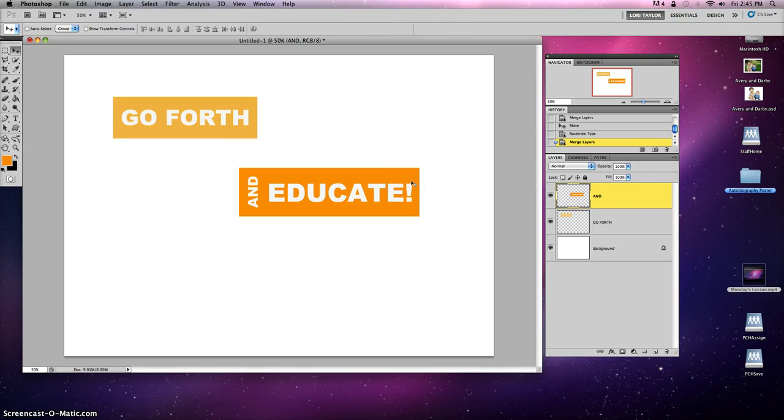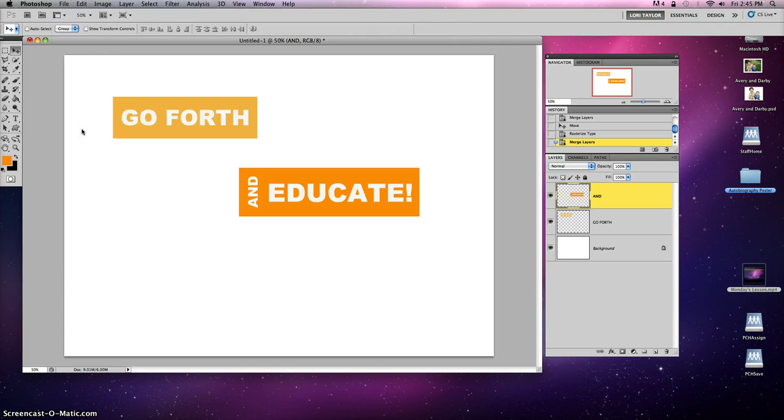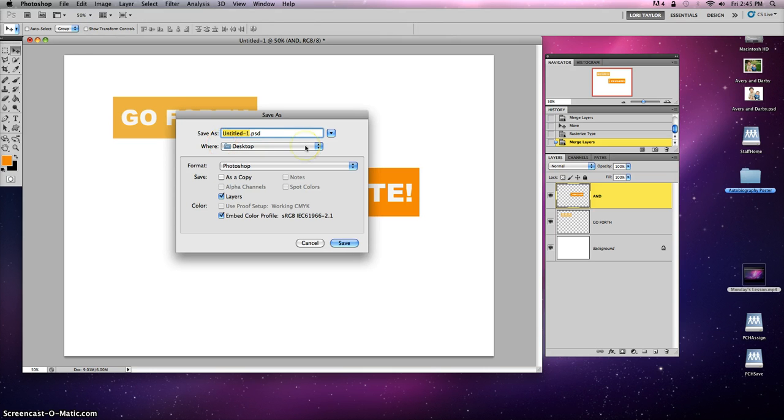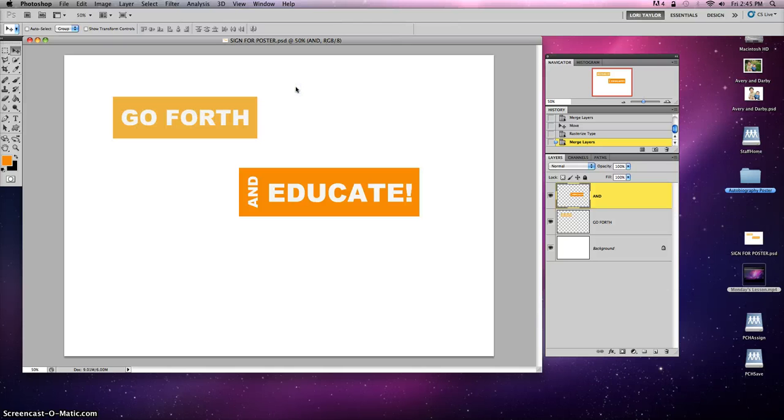Hopefully you learned how to make signs, and when you're finished, go ahead and save it to your desktop. Go File, Save As. Hopefully you don't get that spinny wheel. Title it Sign for Poster. Throw it on your desktop, save it, maximize your compatibility, and you're all ready to transfer that onto your poster